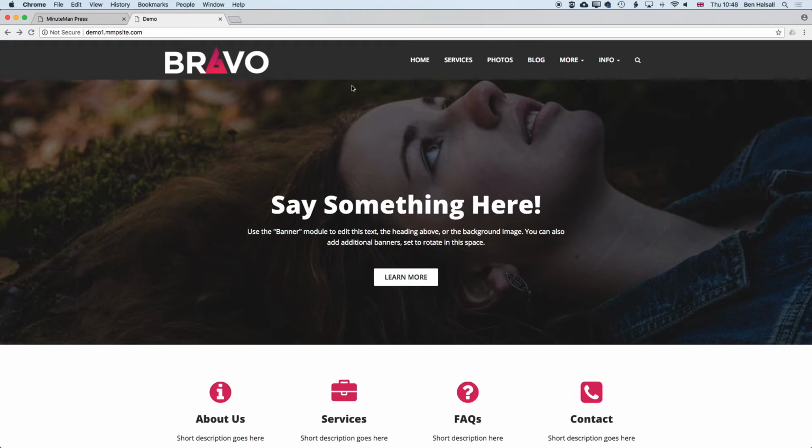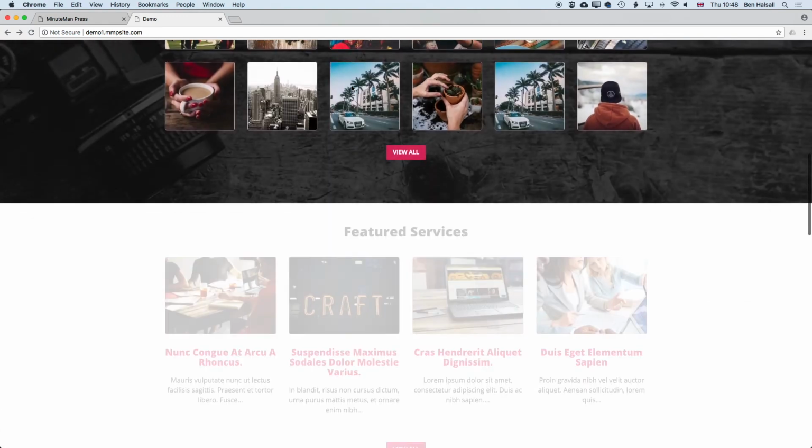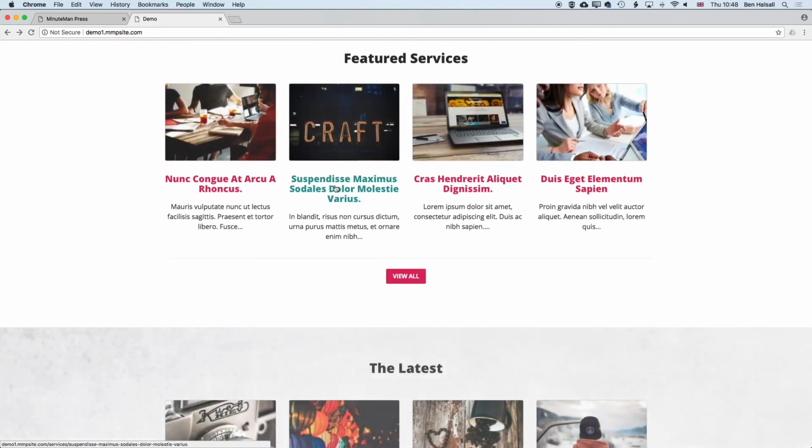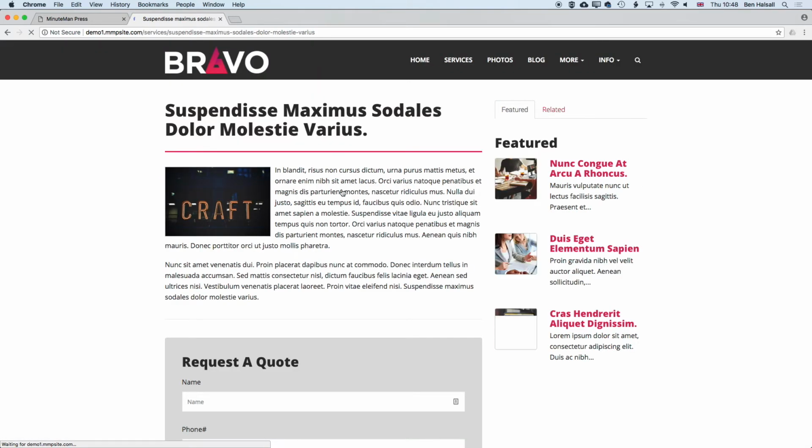So there's a couple of ways we still need to look at to add links. So one is to create a link to a custom page, and we'll also look at what happens when you create a new page and how that link appears automatically. So we'll scroll down here and we're going to find the custom page that we're going to link to. You can see we've got some featured services here. So I'm going to select one of these,